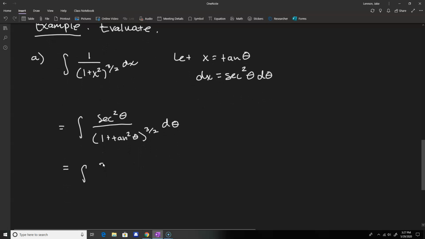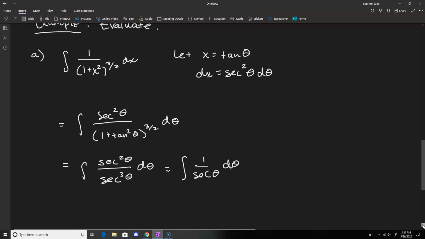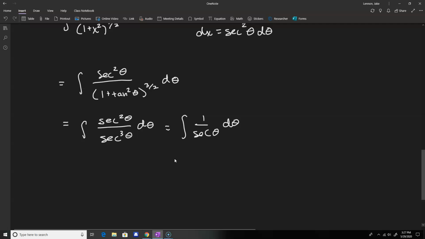So we end up with the integral of secant squared theta over secant cubed theta, which is the integral of 1 over the secant of theta d theta, but the reciprocal of secant theta is just cosine theta. So we are just doing the integral of cosine theta d theta, which is the sine of theta plus a